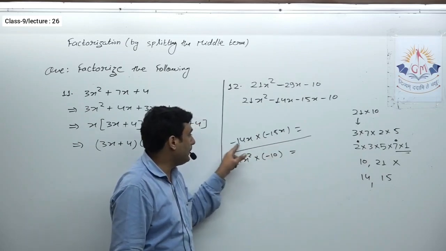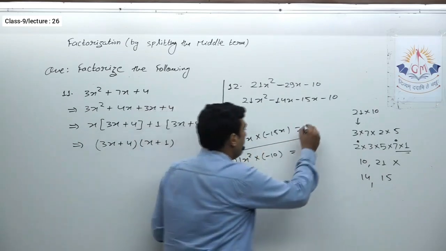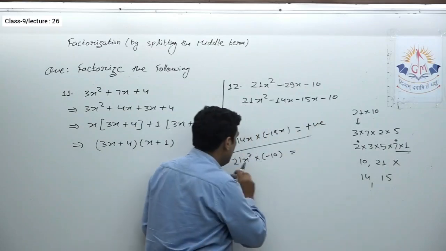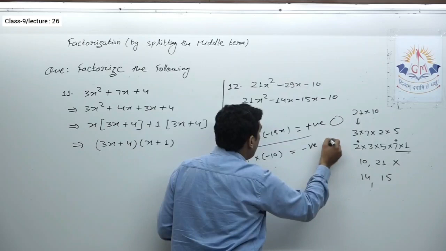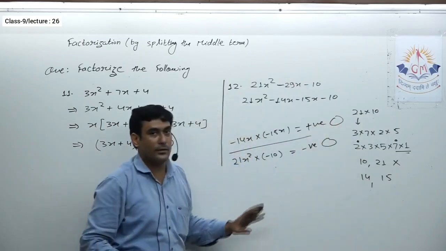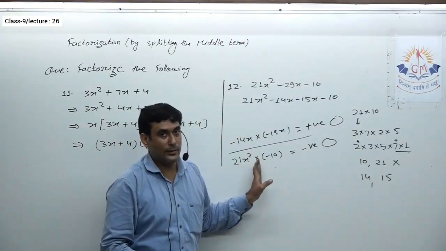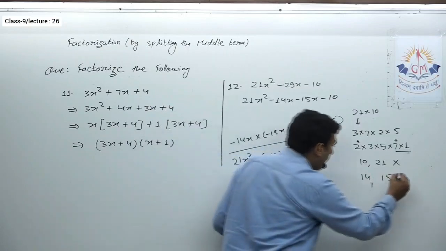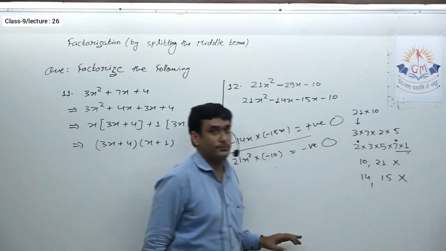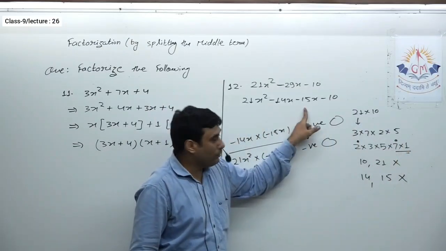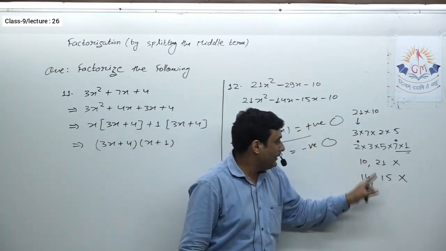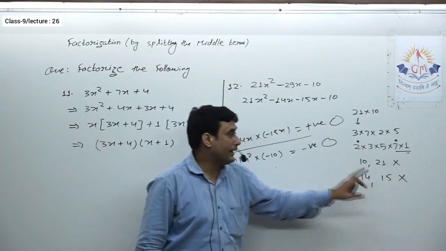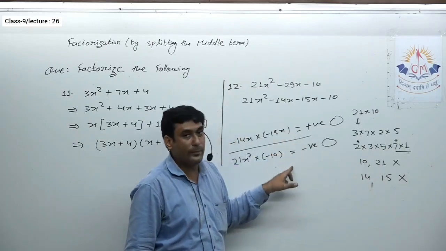Because here if you multiply two negative terms, definitely your answer will be positive, and over here the answer will be negative. Even though their magnitudes, that means numeric values, are the same, they are not equal, isn't it? It means this combination is also incorrect. Even though we got minus 29 over here by taking 2, 7 and 3, 5, still this combination is incorrect, because this is not being matched.